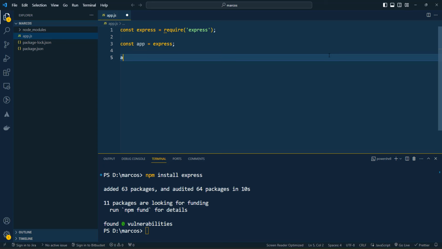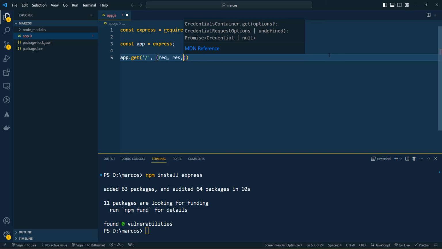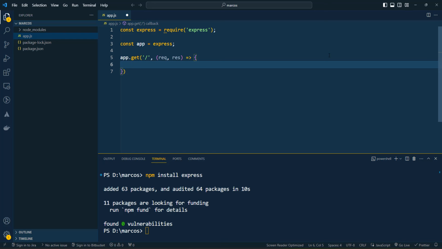Now let's create a route to check that it's working. App.get slash, and let's take two things, request and response. It has one more optional parameter, next, we'll discuss it later on. So let's take request and response and give a response from here. Response dot, it has status as well. You can explicitly give the status 200, but if you don't specify, by default your response will go with status 200. Let's give the response in JSON format,